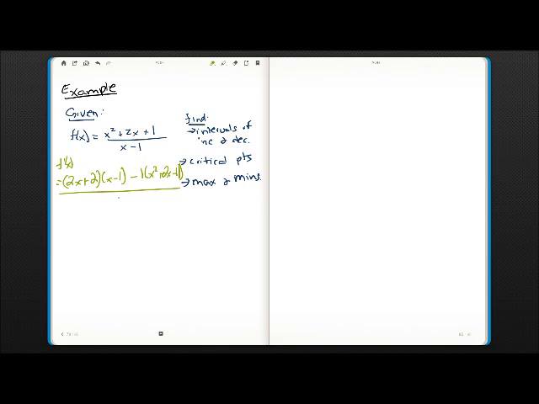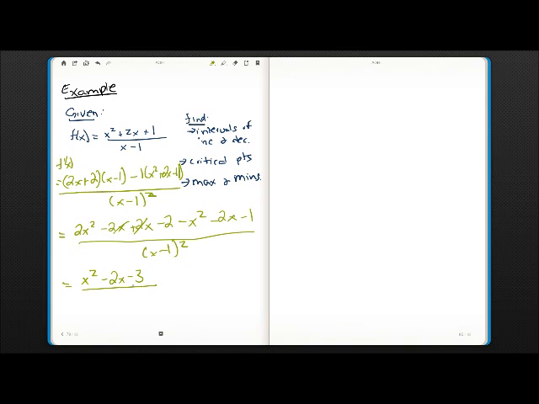sorry about that, I didn't have that much space, all over x minus 1 squared. Therefore, if we expand this and collect like terms, we'll get 2x squared minus 2x plus 2x minus 2. So these cancel out, and we'll get minus x squared minus 2x minus 1 all over x minus 1 squared. Collecting like terms, that will be x squared minus 2x minus 3 over x minus 1 squared,